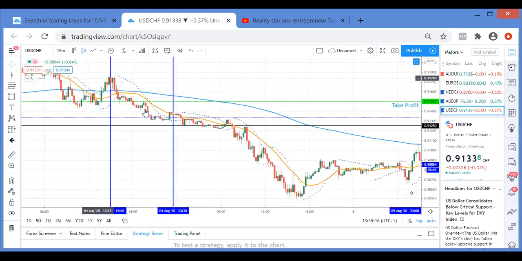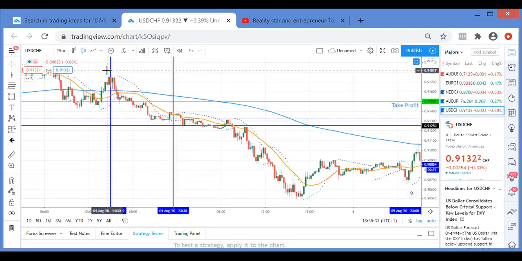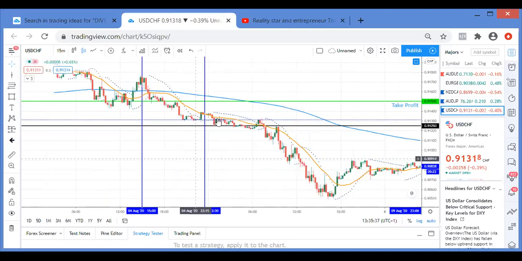So guys, when we're buying, all we're looking for is higher lows. So to buy, you look for higher lows. When you want to sell, you look for lower highs. Can you see how this high is lower than this high? Do you understand? So this high here is lower than this high.